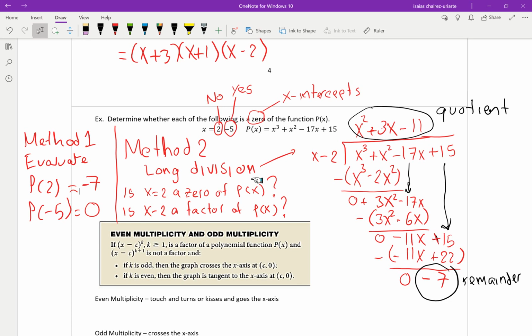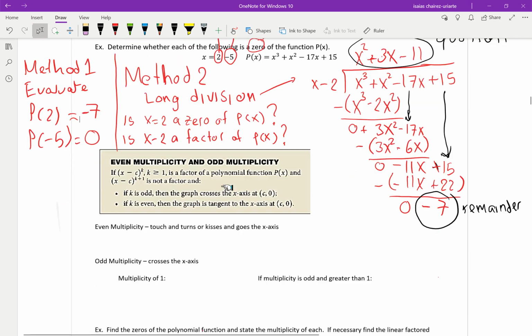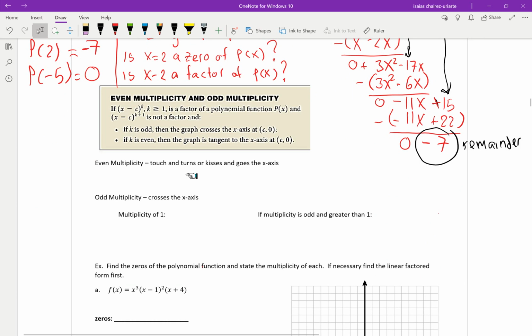All right, so let's move on to the next thing, multiplicity. We're going to talk about the multiplicity of an x-intercept. So what we're going to say is the following. If x minus c raised to the k is a factor of my polynomial p of x,